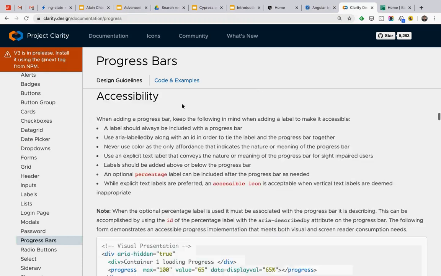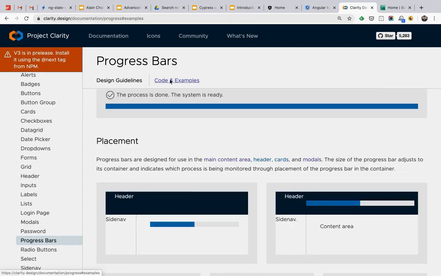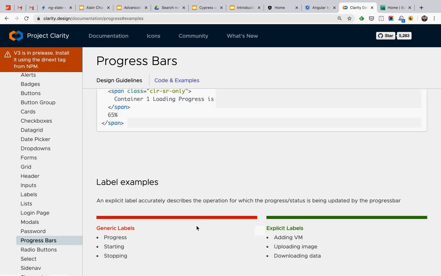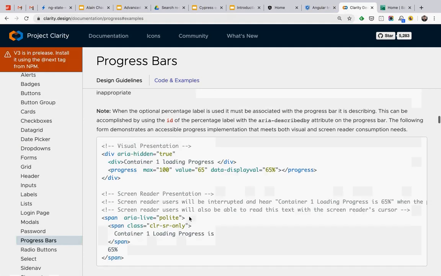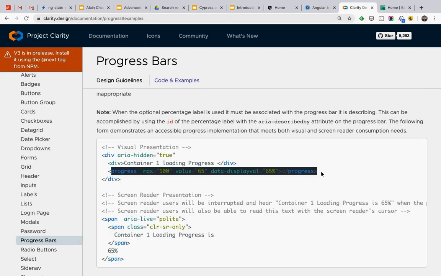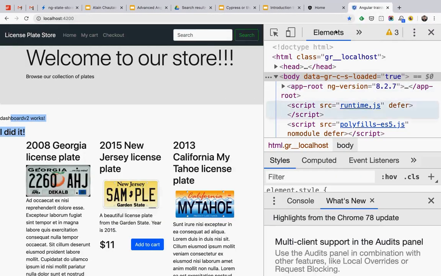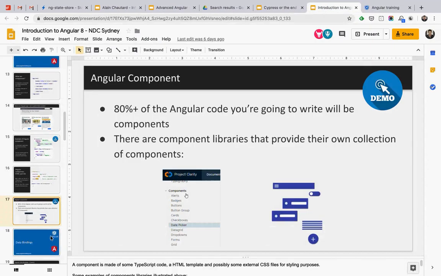So the code behind it is super easy. It actually has a few examples here. Code and examples. It doesn't want to go there. But yeah, they're components. So it's as easy as using the name of the tag. Yeah, there we go, that's one here. Progress. That's a progress bar component. So you just use that, pass the value you want to display, 65%, and it's going to show your progress bar at 65%. So we don't have to write all of the components. We can reuse many of them written by somebody else, which is really nice.